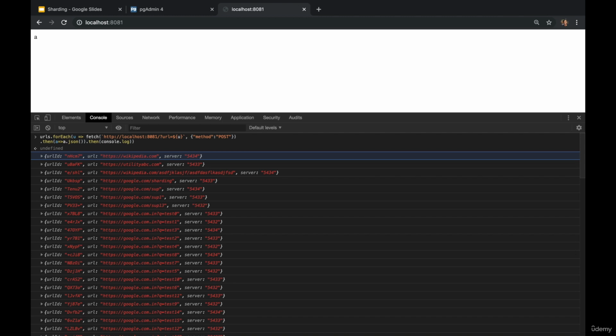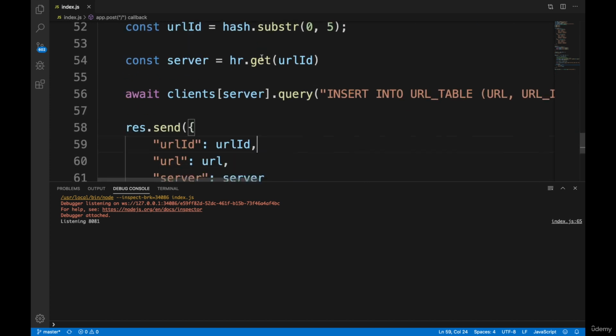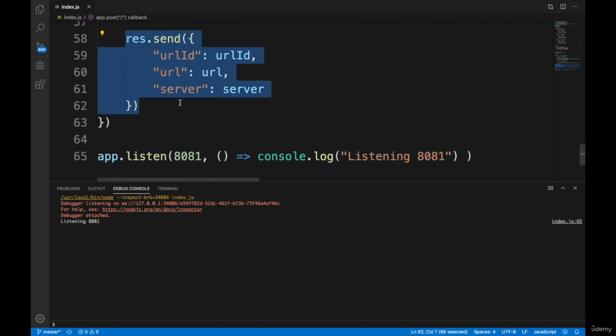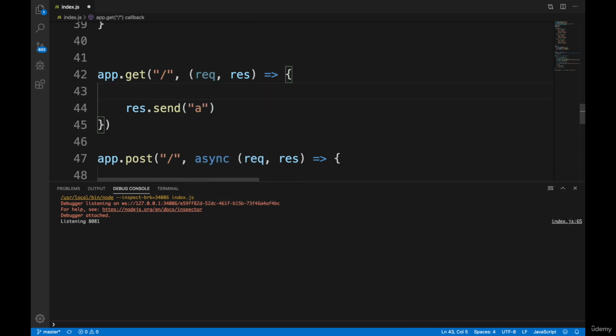All right, we did the post. How about we do the get? The get will be easy, right? Let's do the get. Let's get that thing, right? To do a get, essentially, what we are getting from the server is